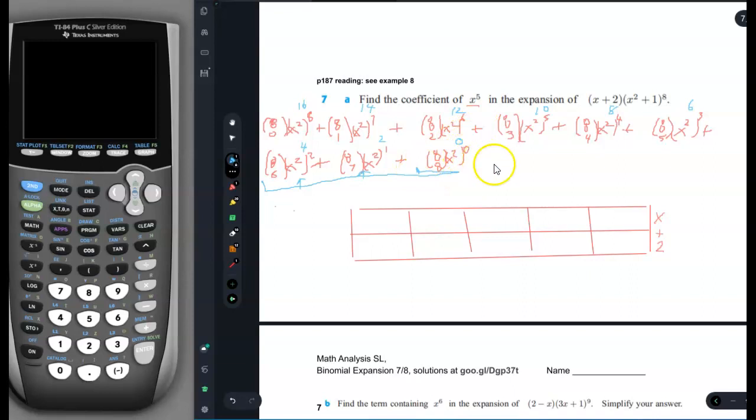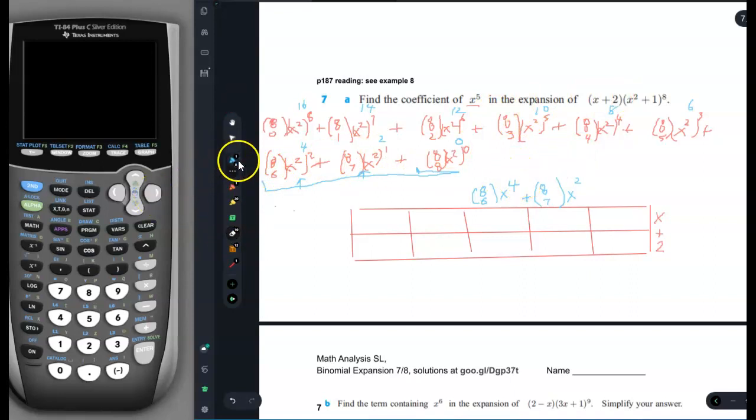All right, so I only need to write down these two. So I'm going to have 8 choose 6, x to the 4th. And I'm going to have 8 choose 7 x squared. And I don't think I even need this one, because if I have a constant term and I multiply it times these, I'm not getting x to the 5th either. Okay, so